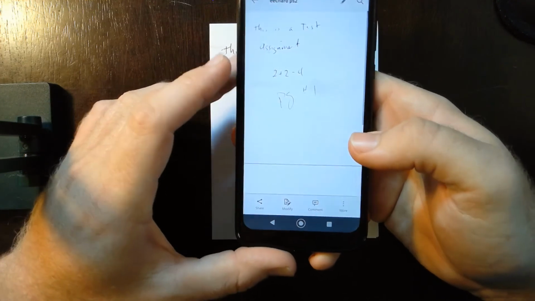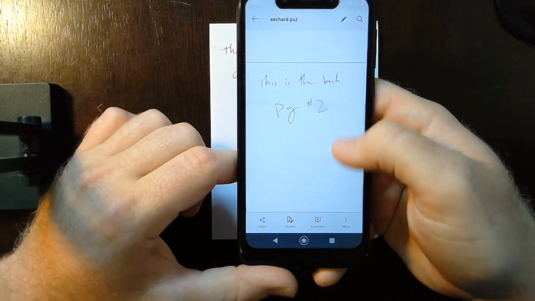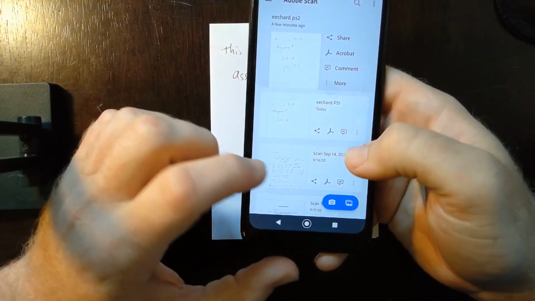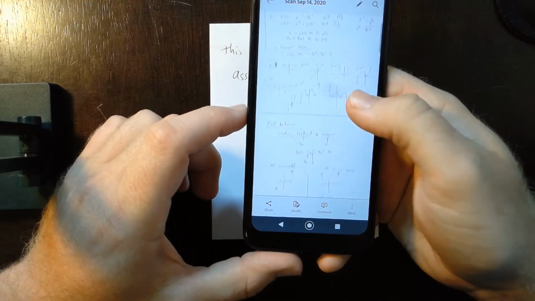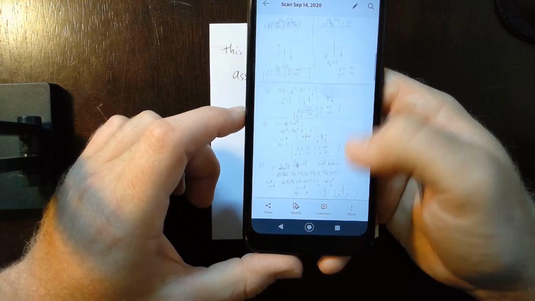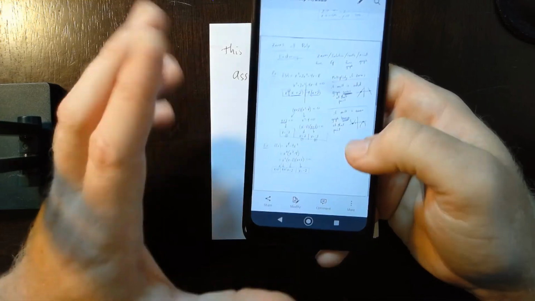Secondly, it also takes care of any lighting issues. Again, if I load this up, notice how there's no lighting issues in this document whatsoever. It highlights the appropriate sections. Let me load up the scan here. You'll notice again, this one is basically just a bunch of pages, and I can very clearly read all the